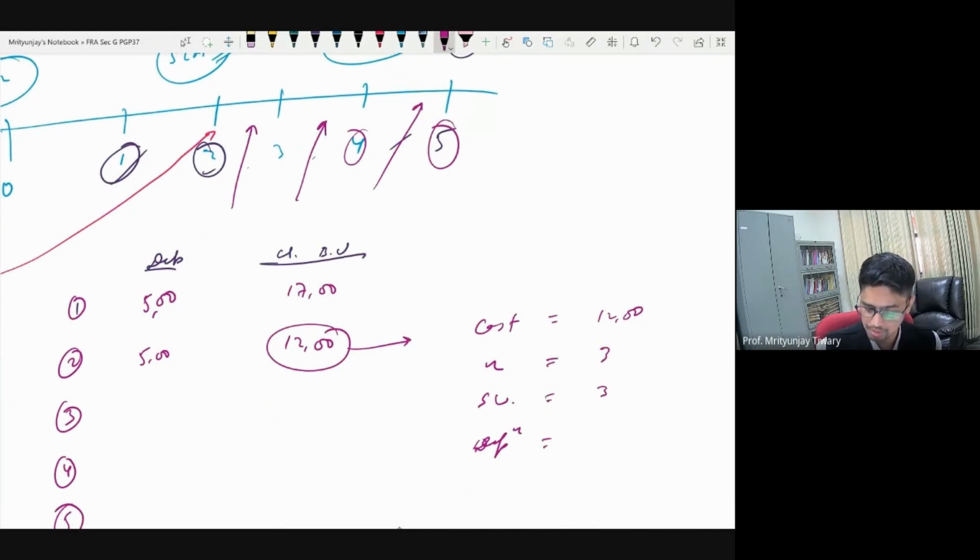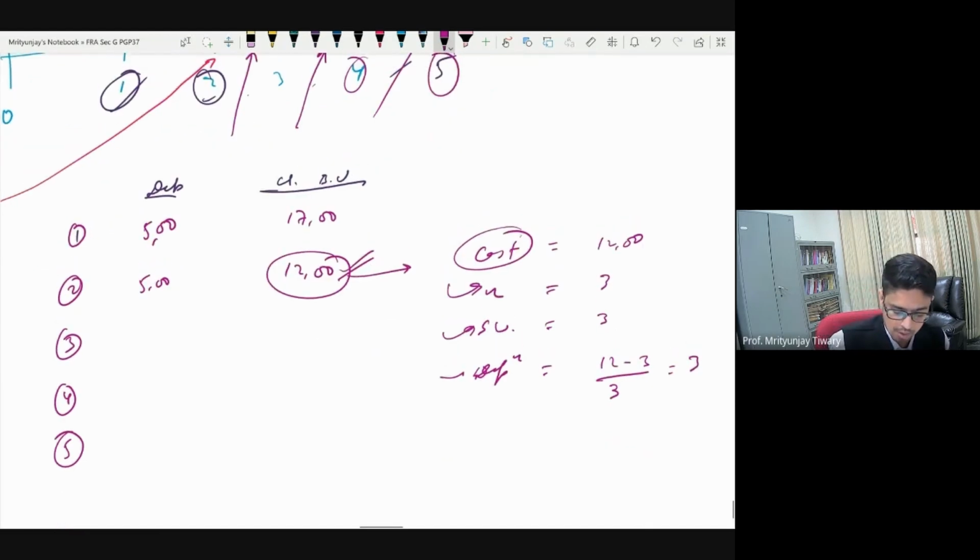So can we find depreciation now? Yes. Let us do this. 12 minus 3 divided by 3. What did I do? Nothing. I just found out what the book value was when we started the year, with the new information. And I assume that as a cost and use all the updated information to find the new depreciation. New depreciation comes out to be 3 lakh rupees per year.